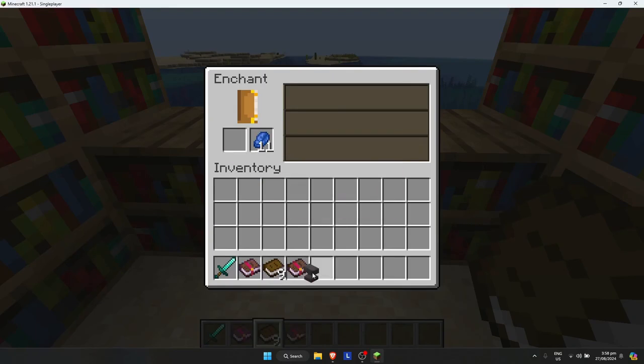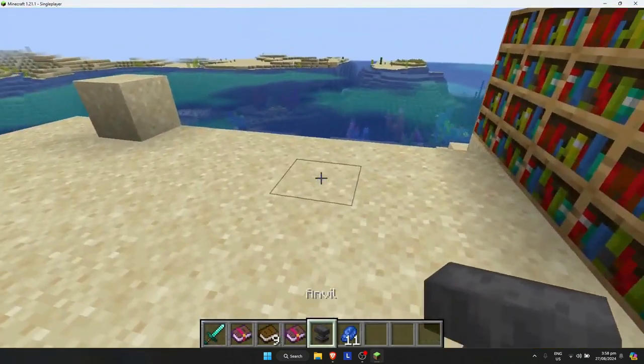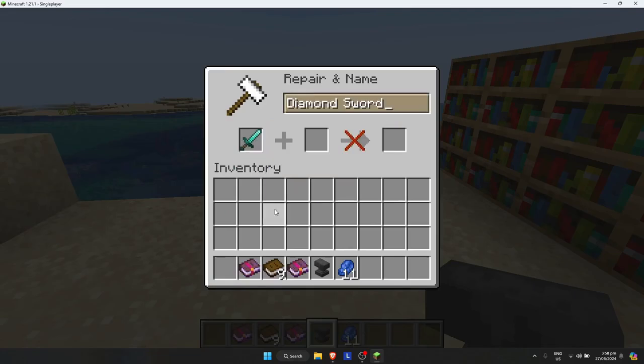I'm just gonna put it here in my inventory, and then the next thing you want to do is simply get an anvil. Place it anywhere you want, right click on it, and put the item that you want to enchant. So let's say I want to enchant my diamond sword with the sharpness right here. So just simply get the enchanted book, put it right there, and it will cost me